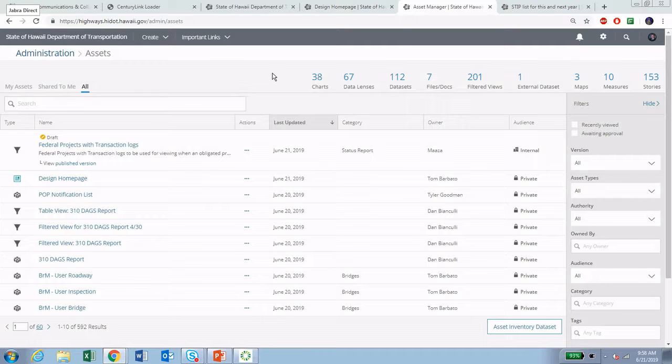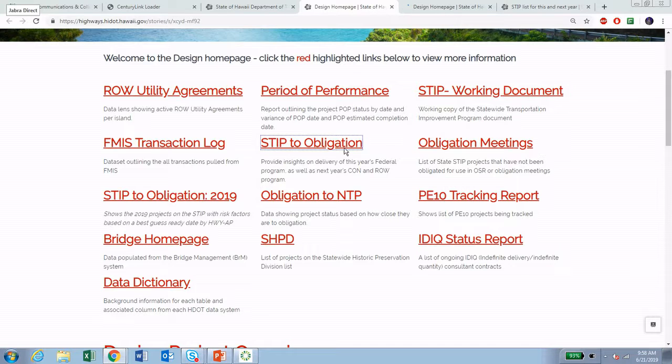I mean, we have bridge data sets in here. I think if you go back to the design homepage, I think it goes straight to the design. Oh. Okay. The bridge